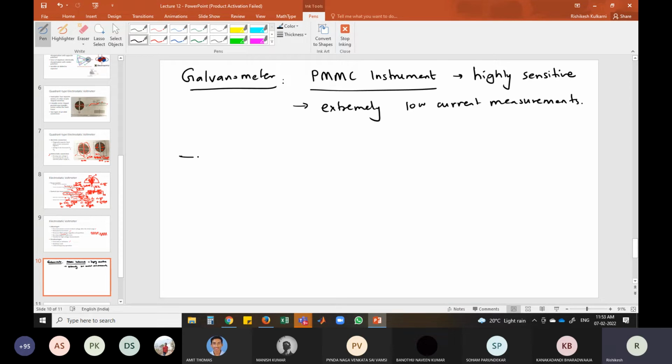The construction is similar to your PMMC, where you have this permanent magnet within which you have the frame, right? Frame over which you have the coil which is wound. This is the moving coil,